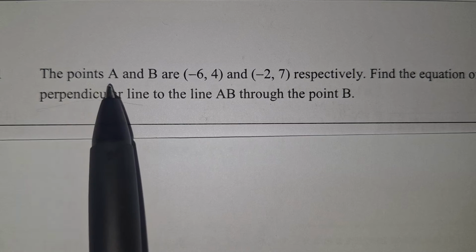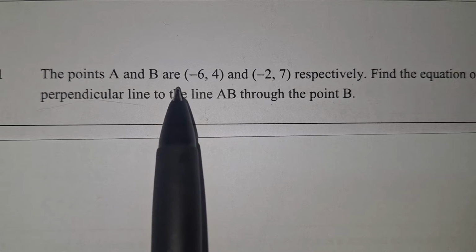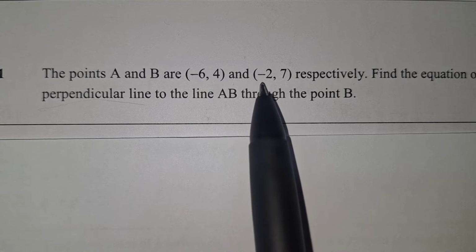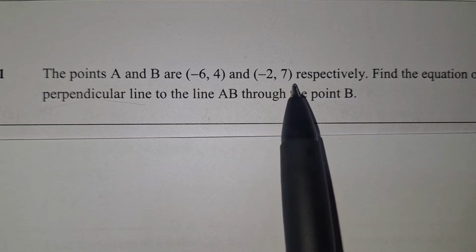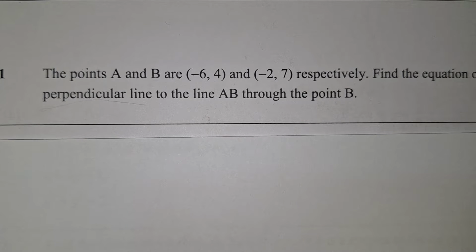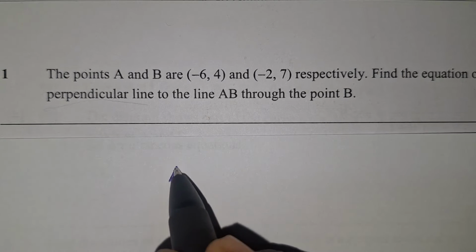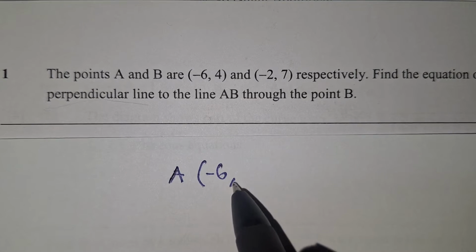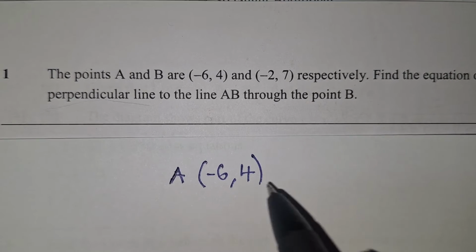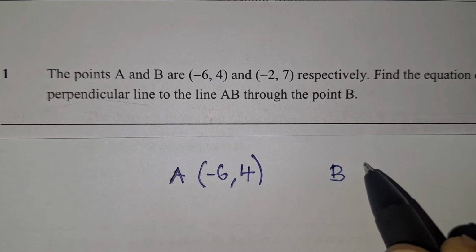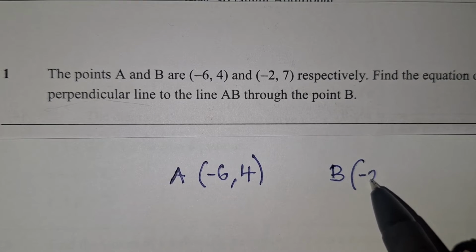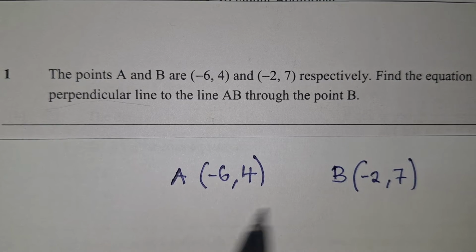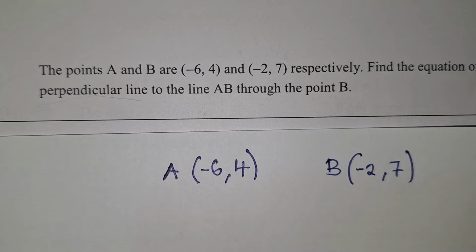The points A and B are (-6, 4) and (-2, 7) respectively. So we're talking about these 2 points. A is (-6, 4), and B, that is (-2, 7). So we've got these 2 points, and